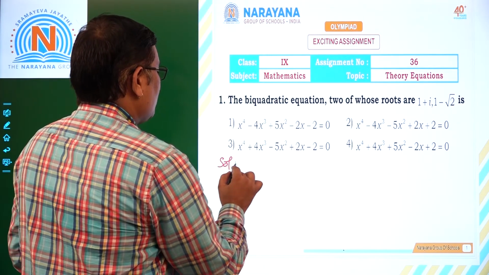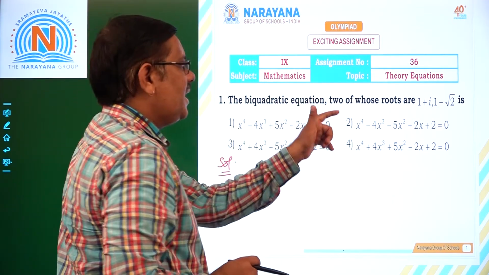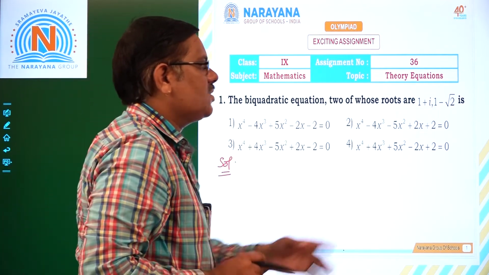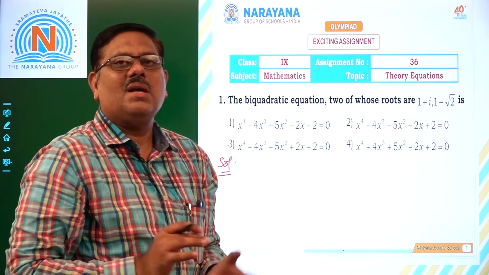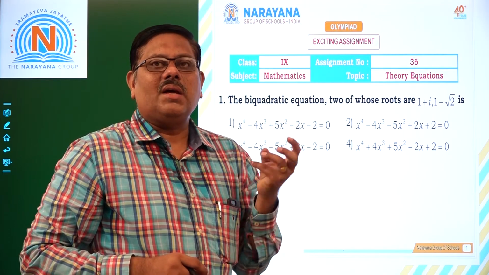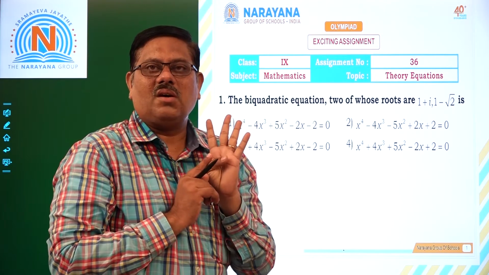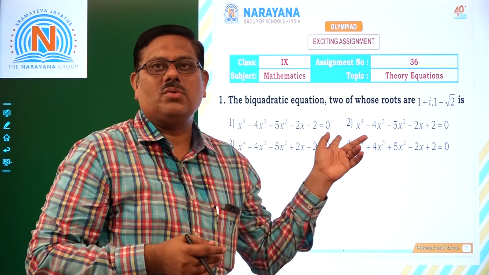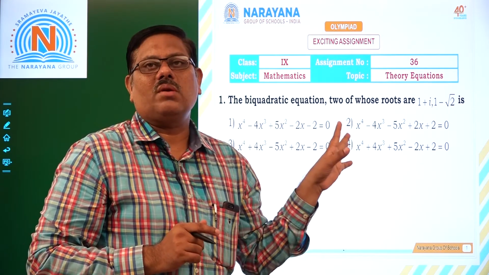Okay, we are given two roots as 1 plus i and 1 minus root 2. Whenever you have 1 plus i as one of the roots, certainly 1 minus i also becomes a root. Similarly, if 1 minus root 2 is a root, 1 plus root 2 is also a root of the given equation, because complex roots always exist as pairs. Similarly, irrational roots also always exist as pairs. 1 plus i is a complex root, so its conjugate is 1 minus i. 1 plus i, 1 minus i, both will be roots. Similarly, 1 minus root 2, its conjugate is 1 plus root 2. That is also a root of the equation.